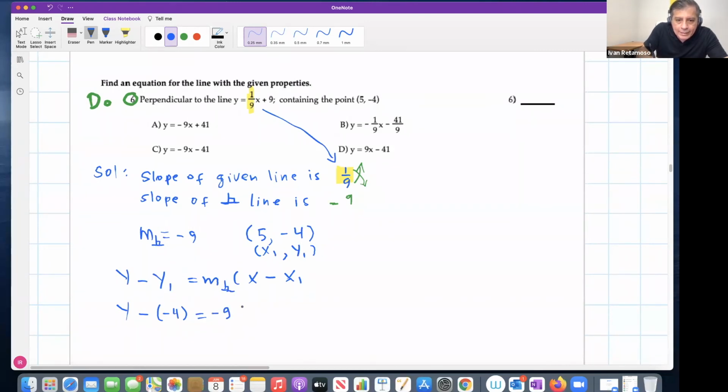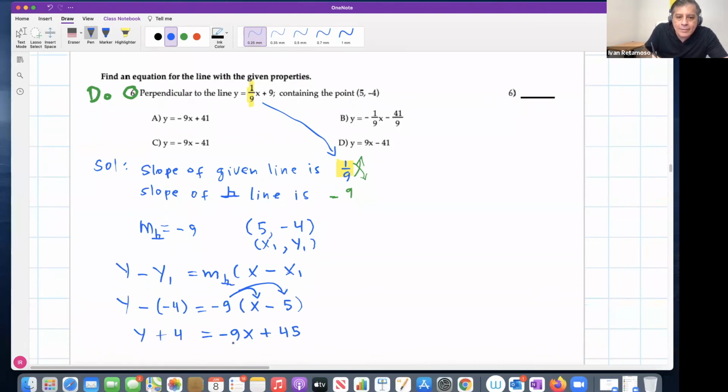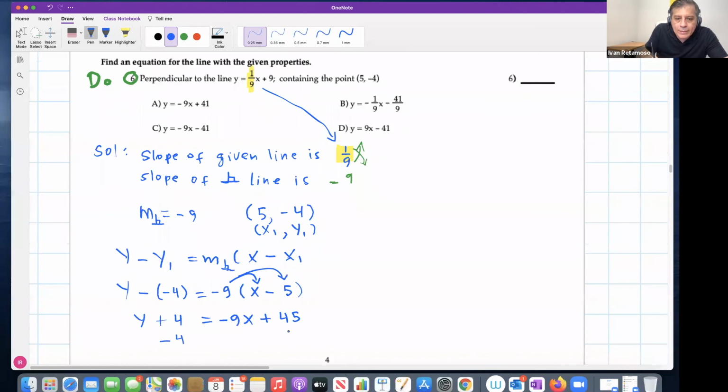Equal -9 times x minus x1, which is 5, right? Minus or minus plus, so y plus 4 equals -9 times x, -9x, -9 times -5, negative and negative positive, 9 times 5, 45. And subtracting 4 from both sides of this equation, you just end up with this: y